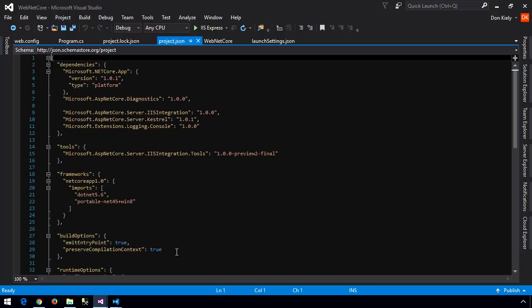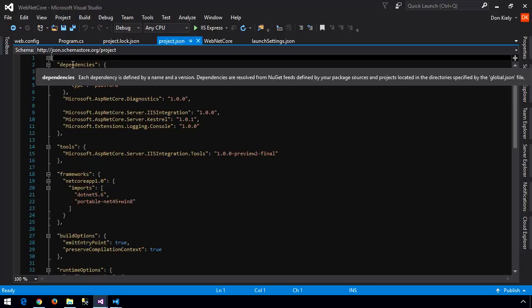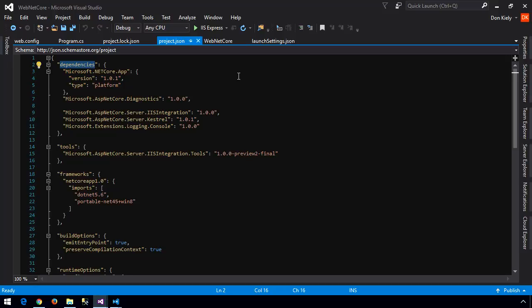There are also other possible sections, which depends on the project type. Two that I specifically want to call out here are dependencies and frameworks. So the first one is dependencies. This section needs to list each of the NuGet packages on which the project depends, including the version number of those dependencies. Now, version numbers, as I mentioned, can be specified with wildcards so that you can allow the most recent version that matches the wildcard to be downloaded automatically by the NuGet Package Manager Restore. A pair of empty quotes, if I didn't include a version number in here, says just use the latest version